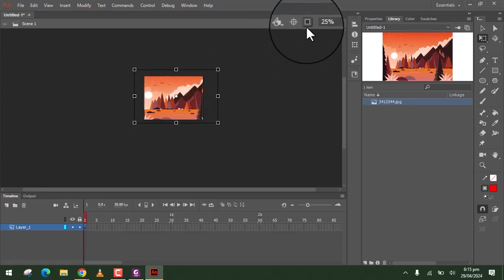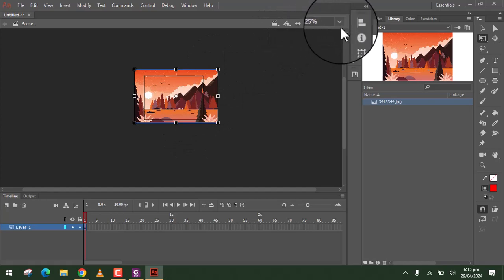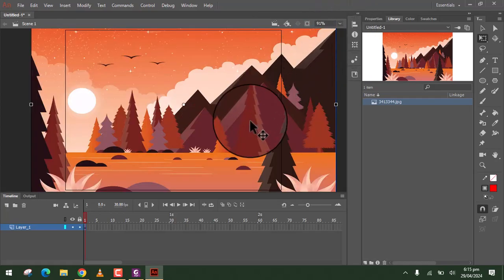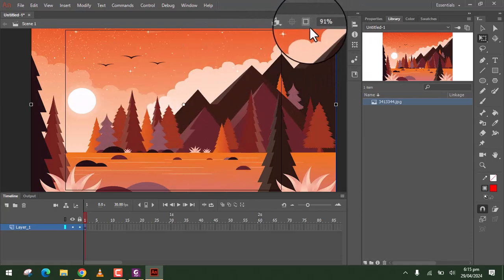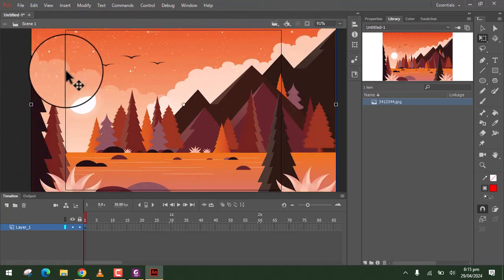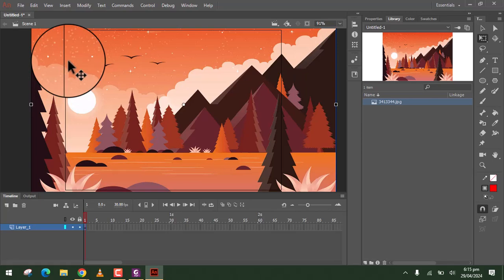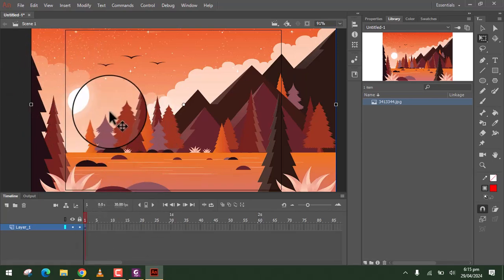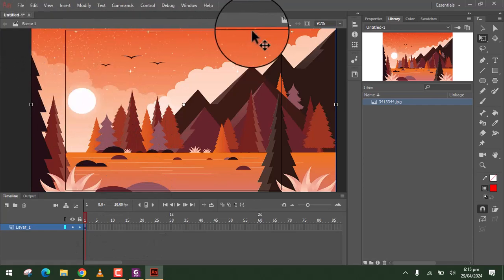Okay, like that. Then fit in window like this. So this will be your final output, not like this. That's how you import your image.